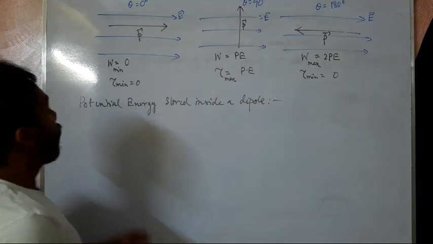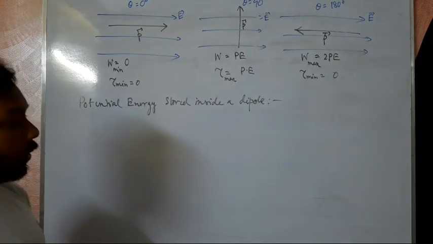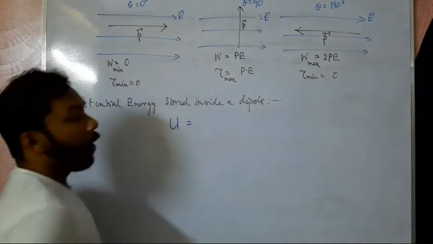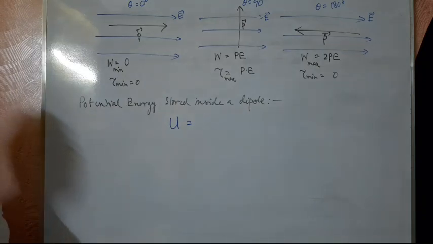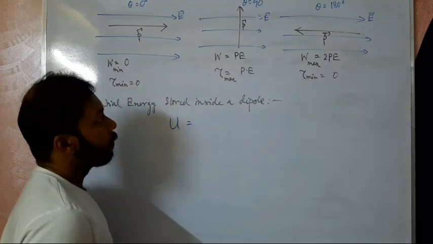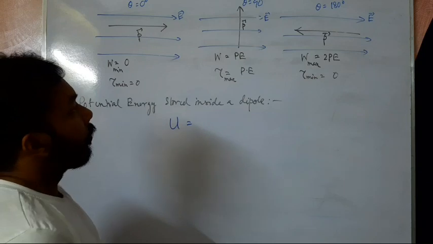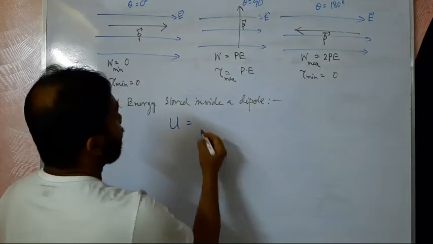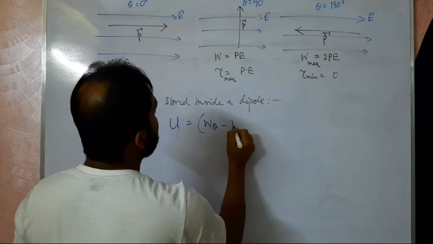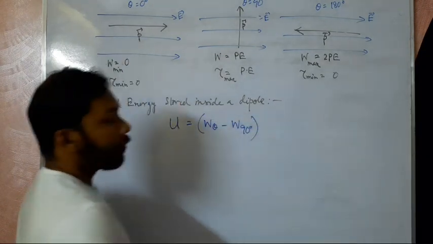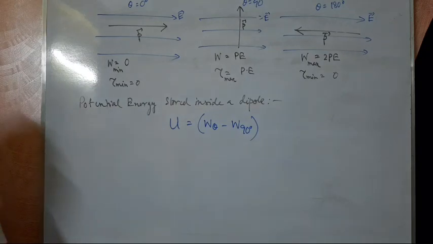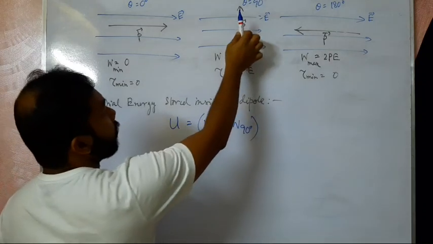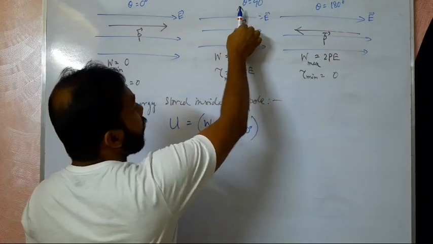Okay, so the amount of potential energy is the amount of work done. Potential energy is written by U. The amount of potential energy is given by the work done by rotating the dipole from initial position theta equals 90 degree to any given theta. That means W theta minus W 90 degree. Work done to rotate a dipole from perpendicular to the field to any given direction.